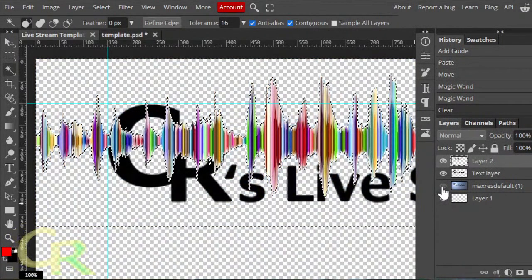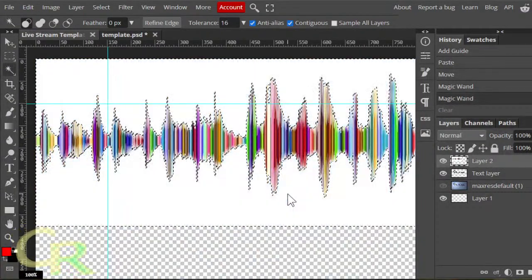I want something like that though. That kind of waveform, I think that would be kind of cool. I'll refine this edge on it.